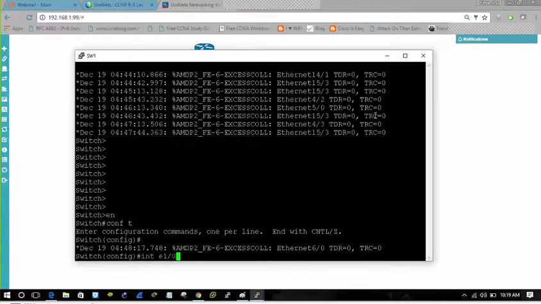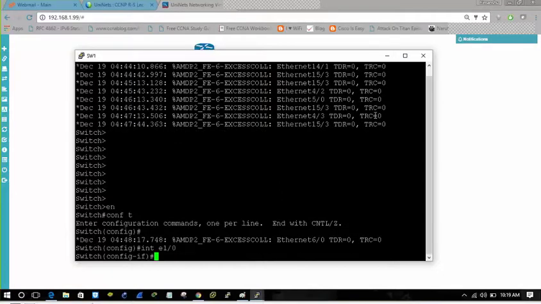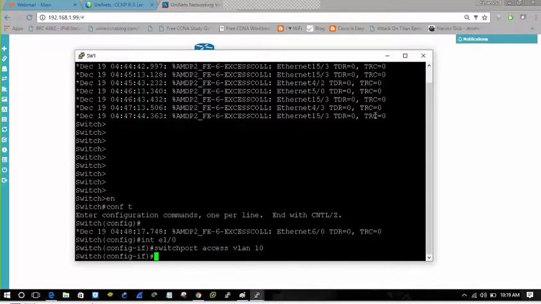Interface Ethernet 1/0 on the switch. VLAN 10 was already there.